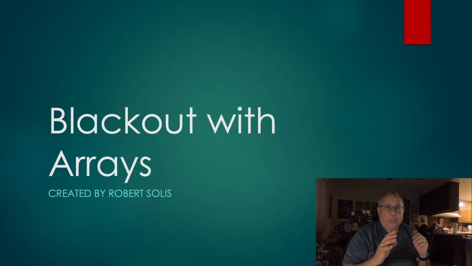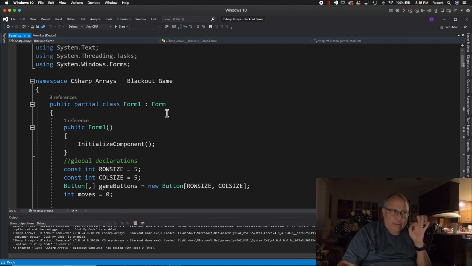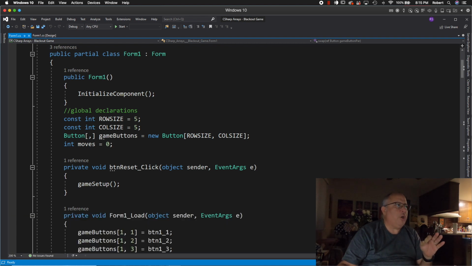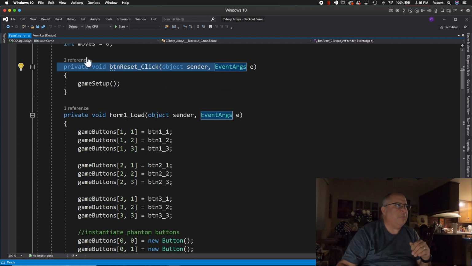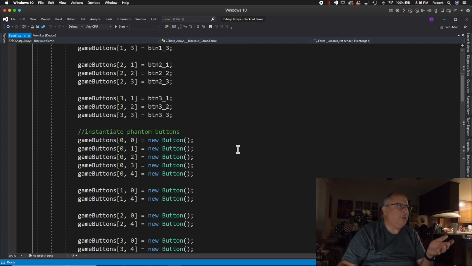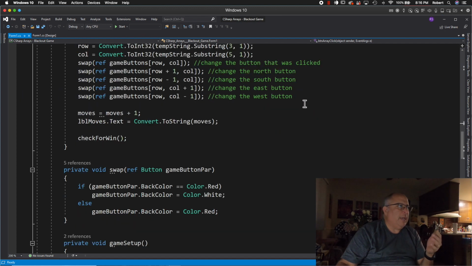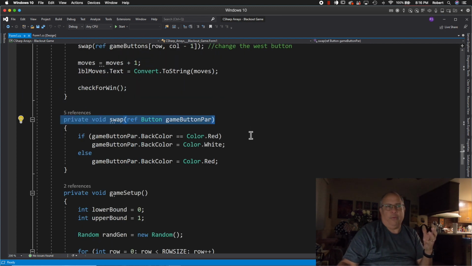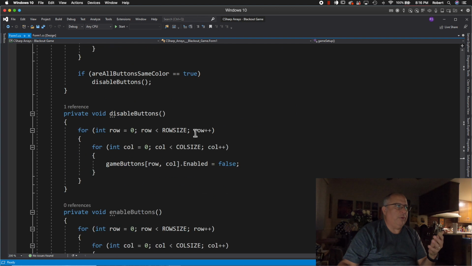So that's it in terms of the presentation. What we need to do in the next video lesson is take all of that idea, that concept, that analysis, and churn it into the C# code to make that happen by creating various methods. We're going to create a game setup method. We're going to reset whenever the user clicks the button. When you load the form, what setup do we have to perform? When you click a particular button, what are we going to do? What does it mean to swap a color from red to white, white to red? What does it mean in terms of setting up our game? All of this stuff we've got to go over.